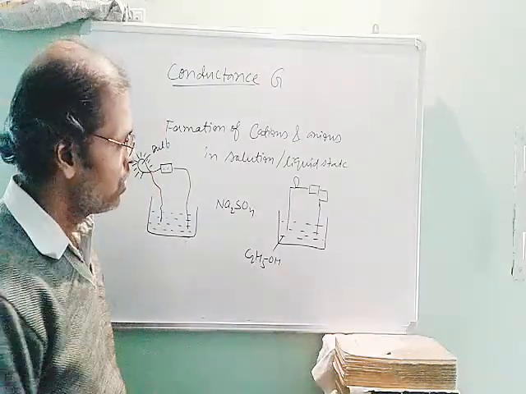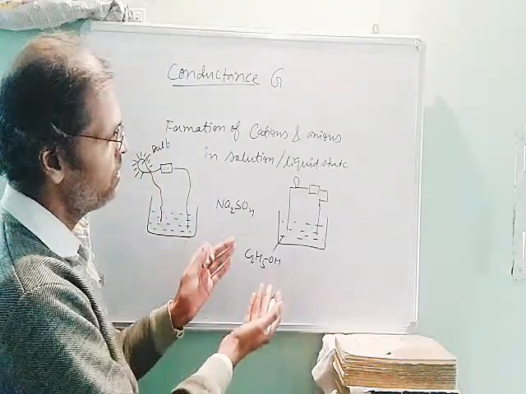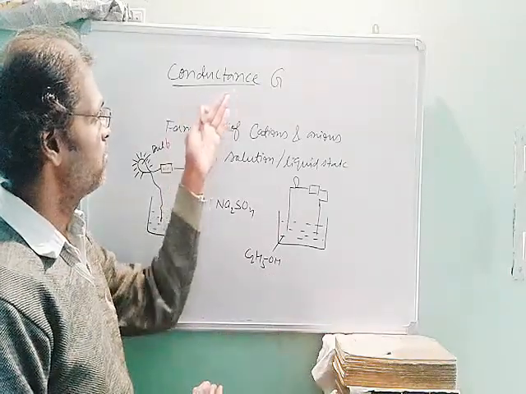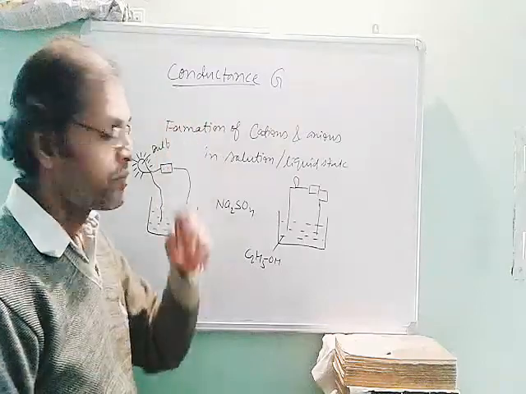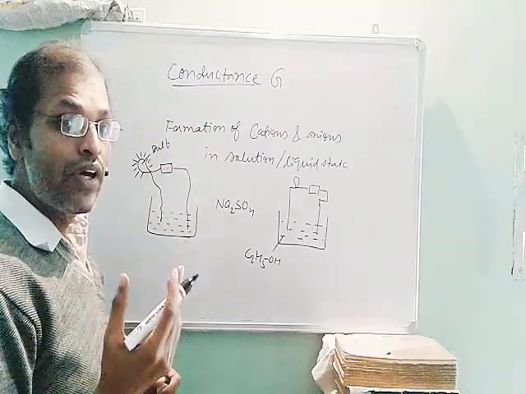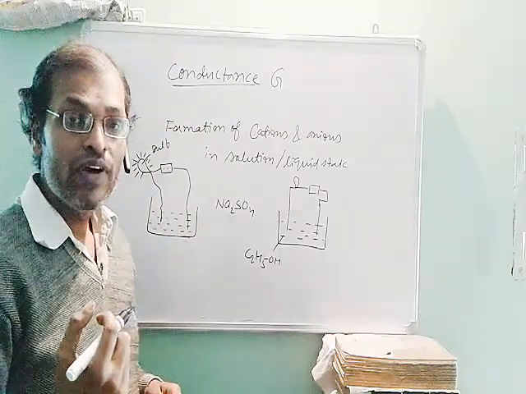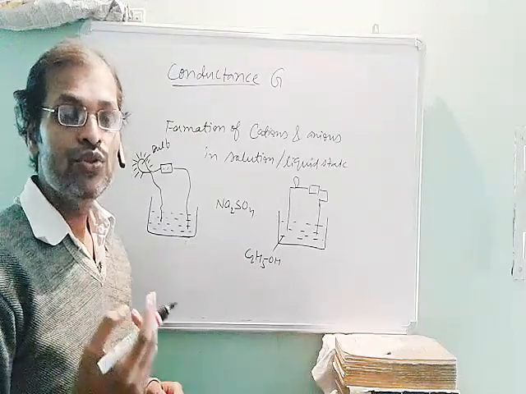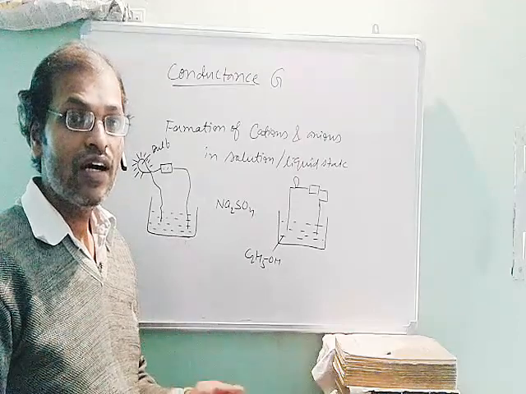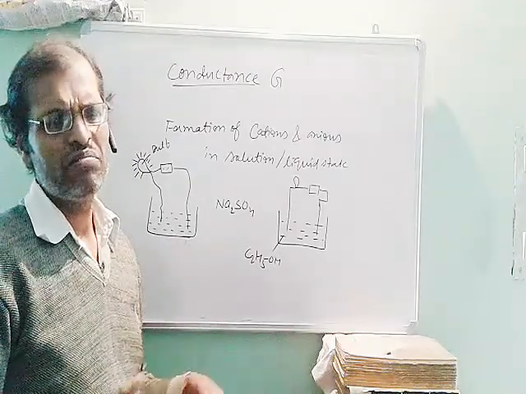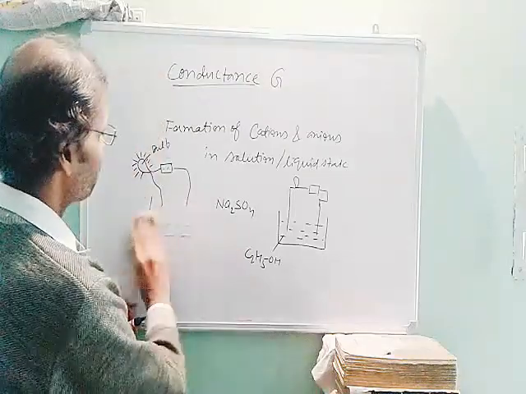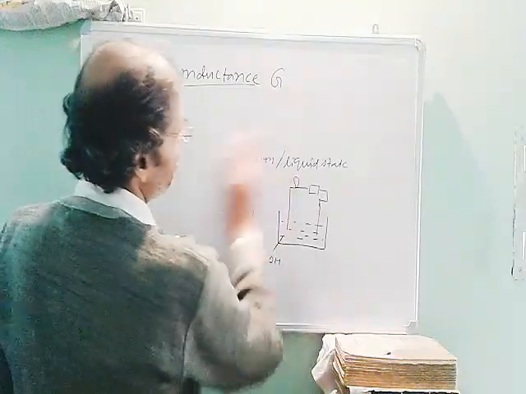Okay, so using this technique you can easily find out whether a given substance is electrolyte or not. Okay, and you can apply this technique to know whether current can be passed through lemon juice, orange juice, sirka and other substances which are generally used in day-to-day life. Okay, next topic is very important in chemistry.